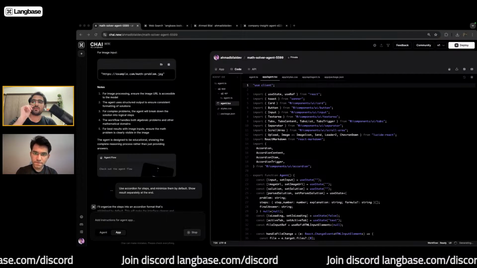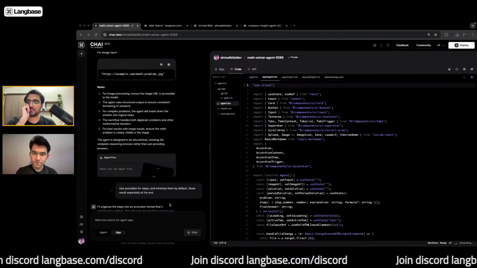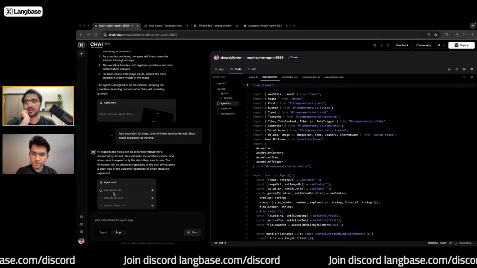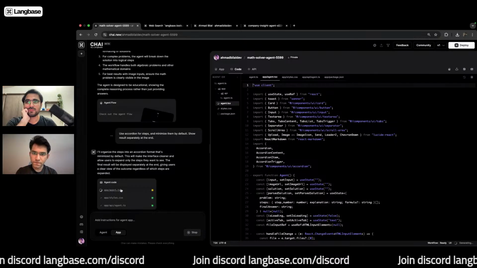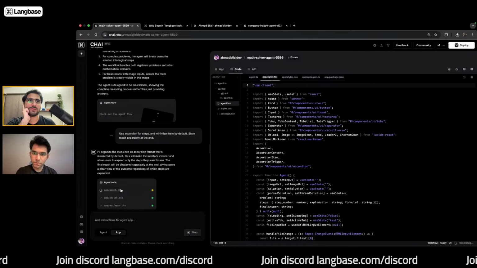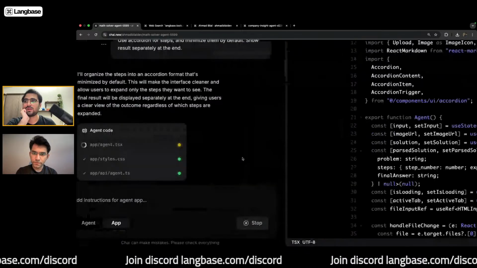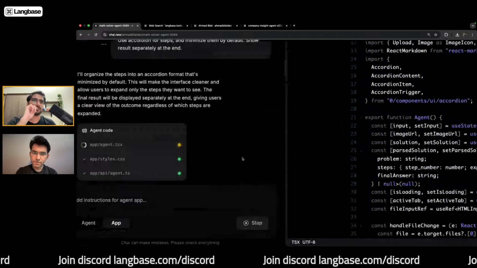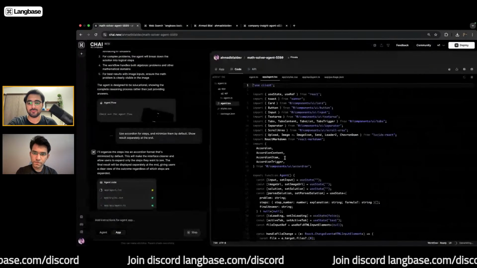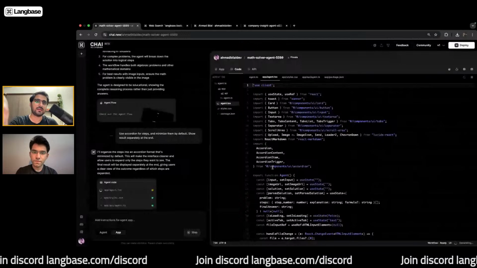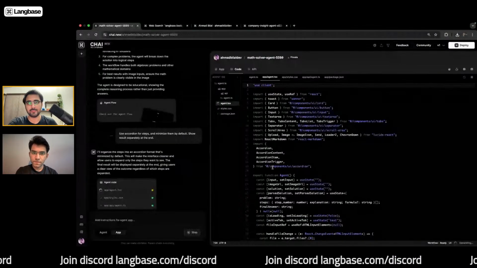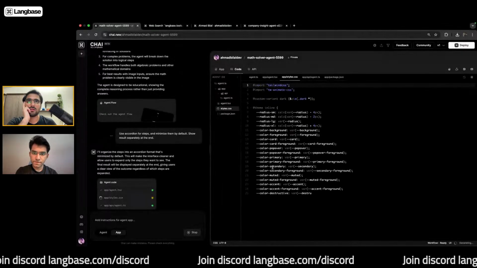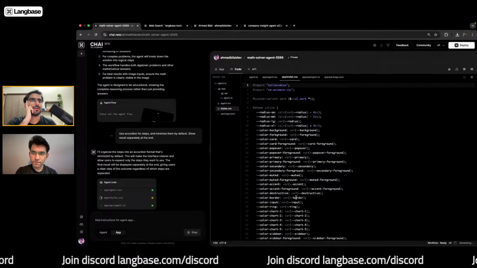All right, so we prompted in the app mode, and as you can see, it is only gonna change the app related files, which is also neat because it's gonna be faster to customize your agent app. We don't need to be changing the agent for this, and this is why we ship the different prompt modes that target the app and agent separately. So styles and whatnot, it should be ready to deploy anytime soon.